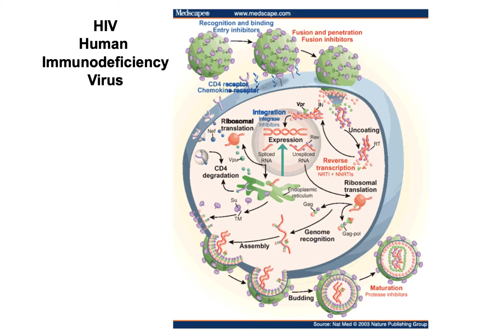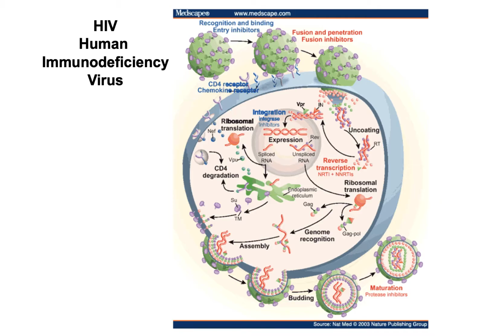You get expression of the genes, and then those mRNAs wind up out in the cytosol again, and you get ribosomal translation followed by encapsulation of the new RNAs and the polyprotein, which contains a reverse transcriptase. So integration occurs also back in the nucleus, and then that cell becomes just a factory again for producing new